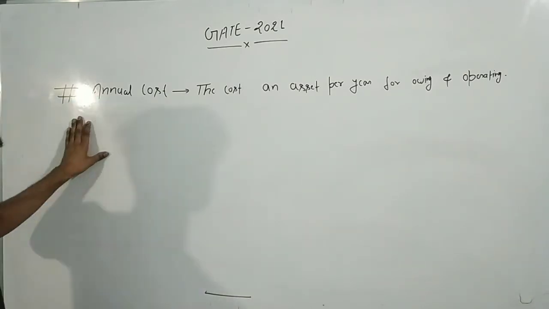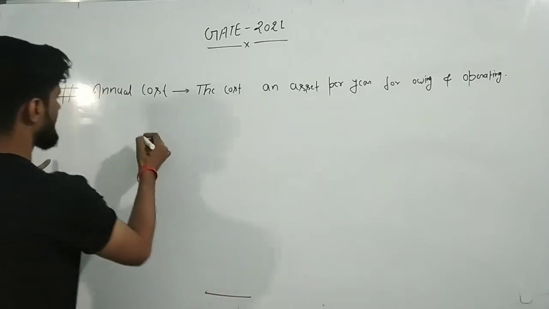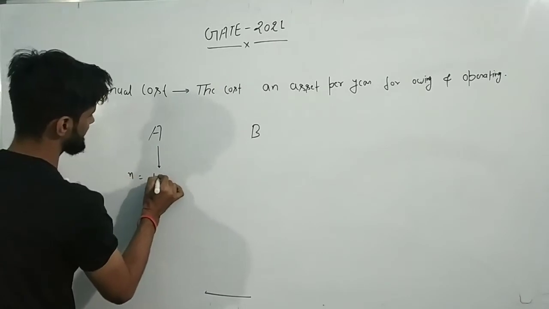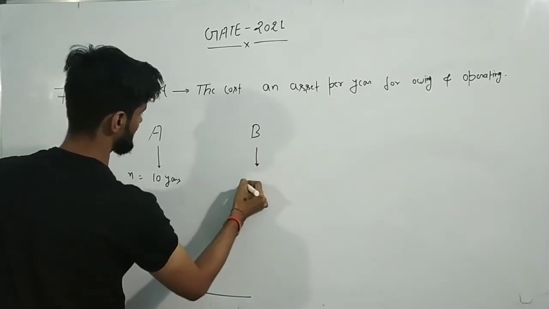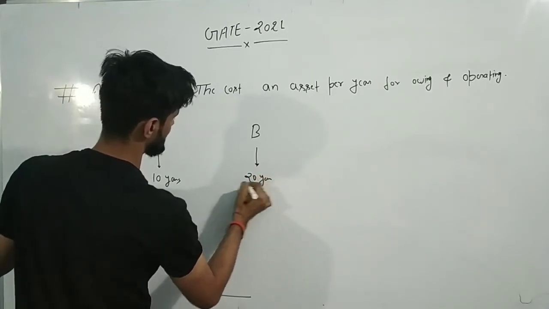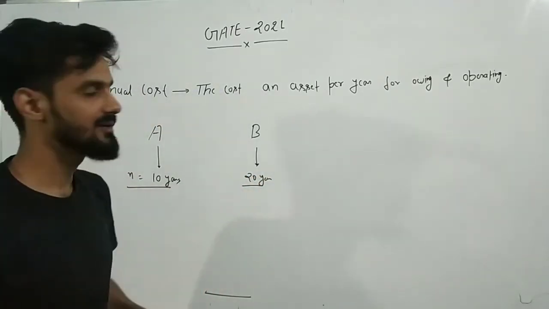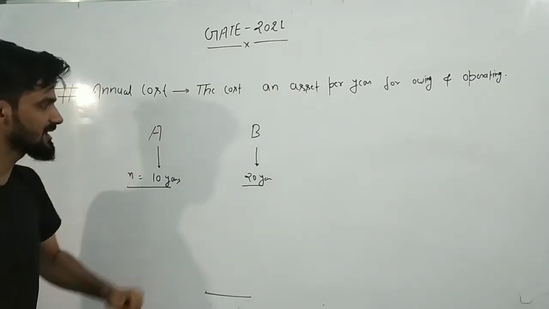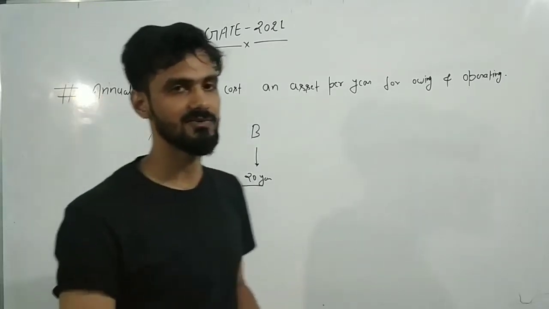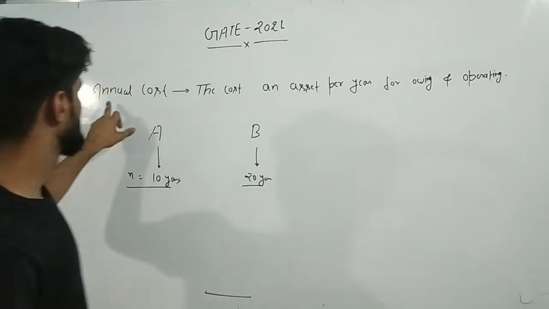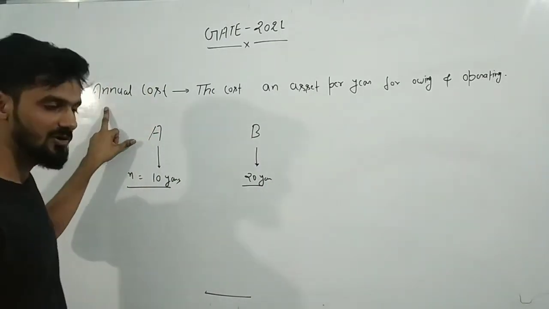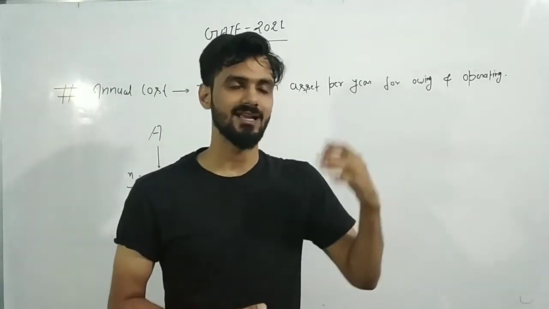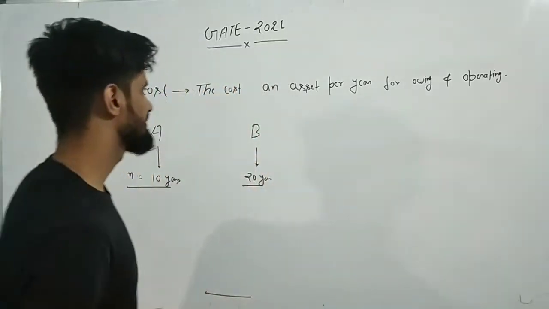Already I have told you, if you assume an asset A and an asset B, having service lives of 10 years and 20 years, it would be inappropriate to judge which project to invest the money in, and which will be more attractive, on the basis of net present worth. So to avoid this mistake, we calculate the annual cost, and the asset having less annual cost will be more attractive as compared to the asset having more annual cost. On that basis we will be calculating these things.